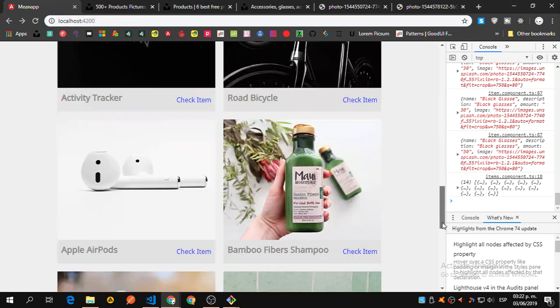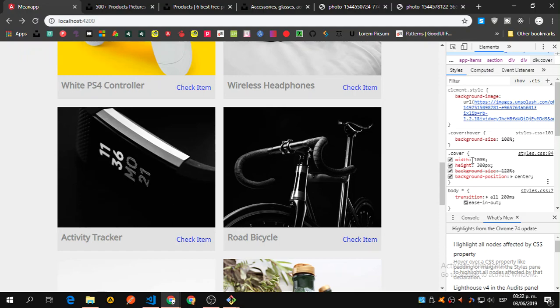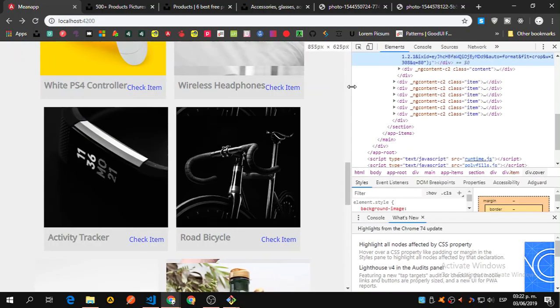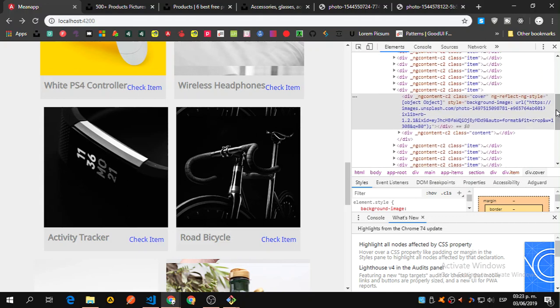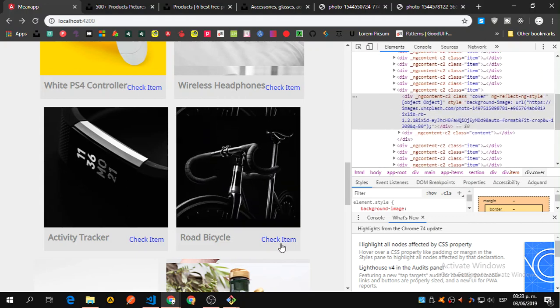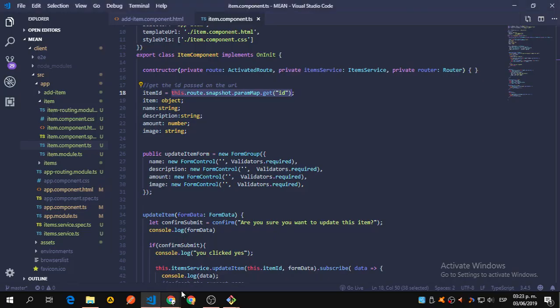Remember that this thing has a link, this one, inspect. So we are passing the routed link using the item, and then passing the word item, and then passing the ID. Okay, so let me show you once more inside items